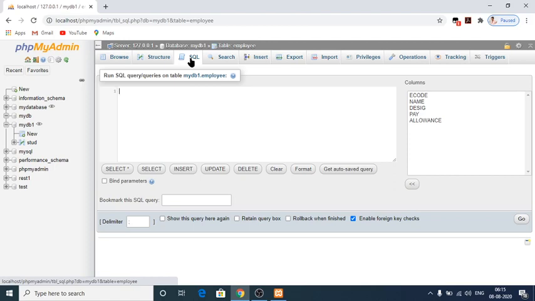I would like to insert a new column for their address, which means place. So for that we have to use the update command. We can use the update command for adding an extra column into the table.